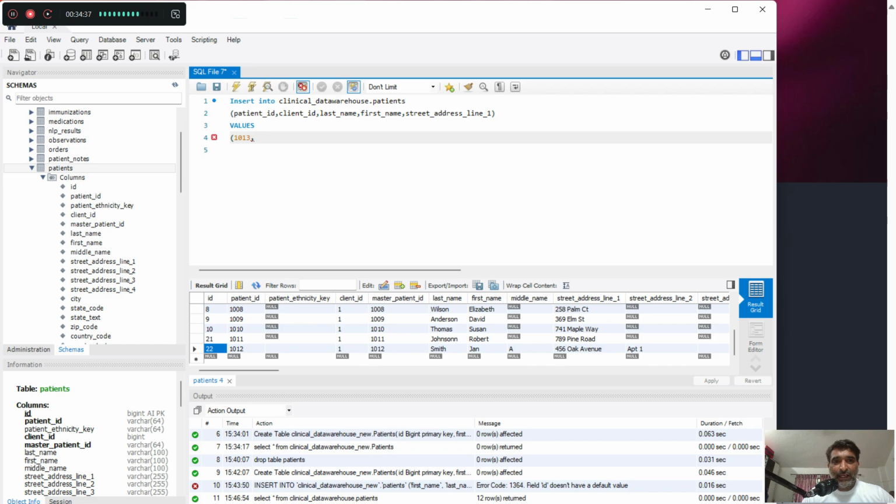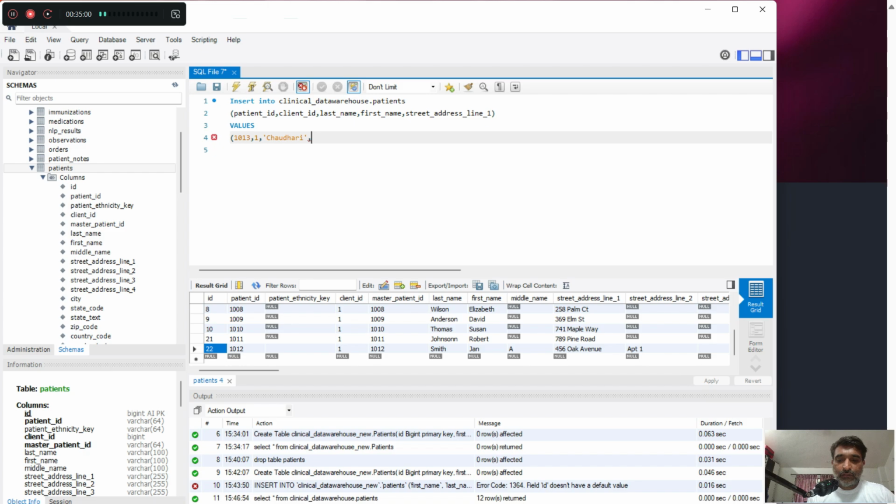So for my client ID, let's put 1 for now, and the last name of the patient. Because this is varchar, I'll have to put it in single quotes. So last name, I'll put my name, Chaudhari,